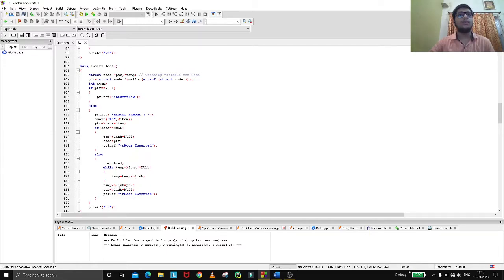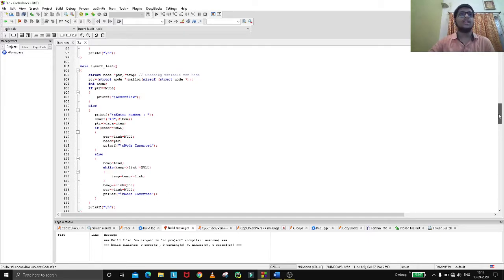Now temp of link equal to ptr, because before, the first node was ptr, then the other node of temp. So we are copying it. Then ptr of link will be null, because we have stored the values in temp. So ptr will be null now. So again, node inserted.